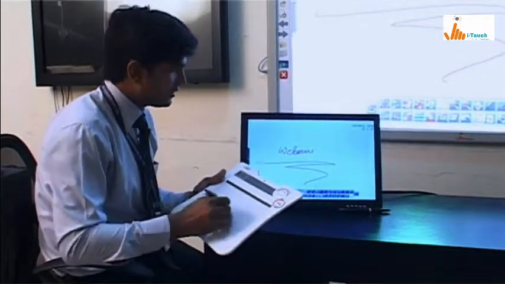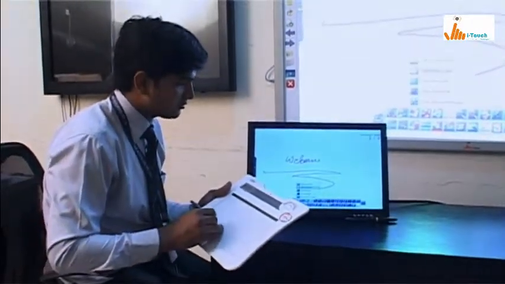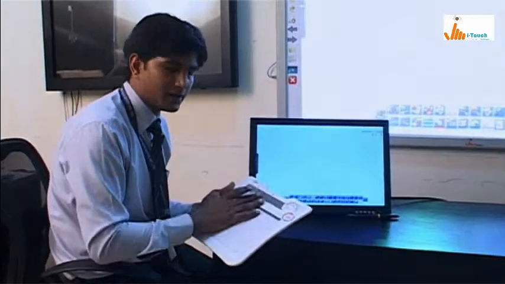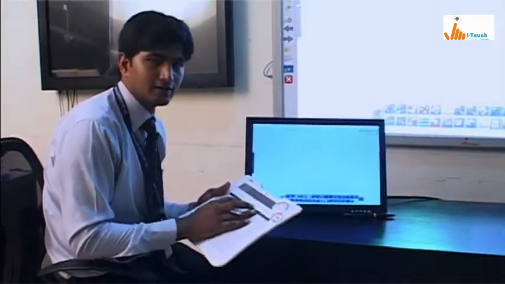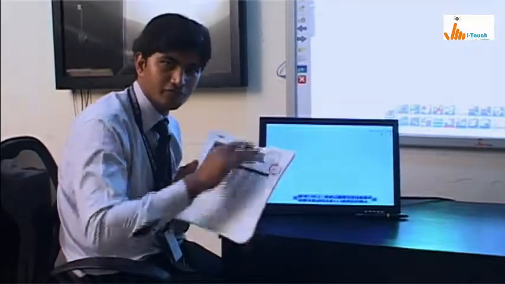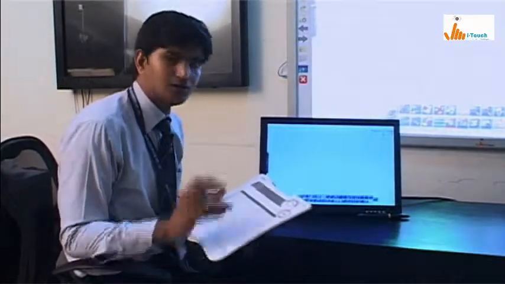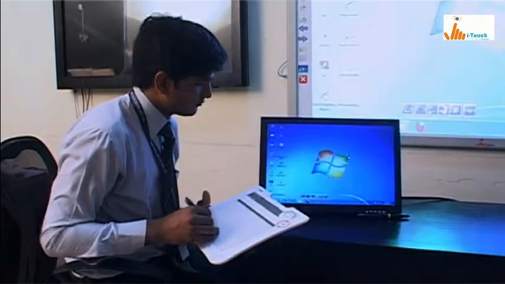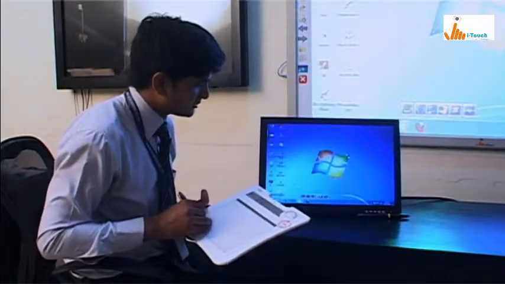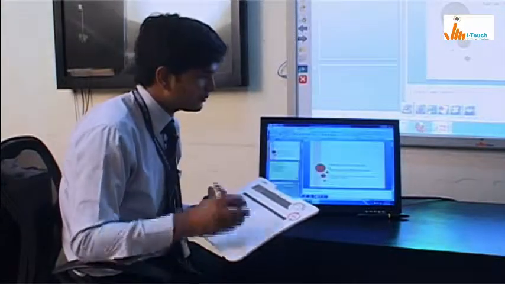So I can write, I can control all my PC applications, all the background applications with this pad. This is like a mouse pad we use on the computer laptop. This is same like that. But we can roam around with this pad around 50 meters diameter in the classrooms. I can open any file, I can give presentation like this. I can open presentation with this pad